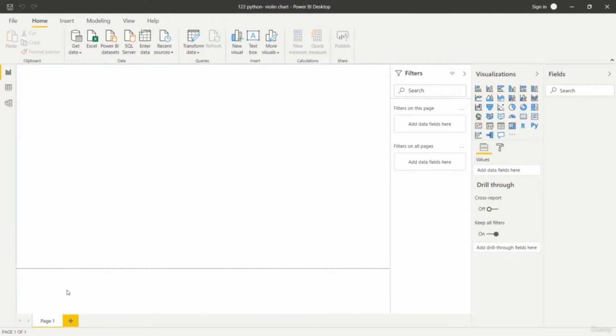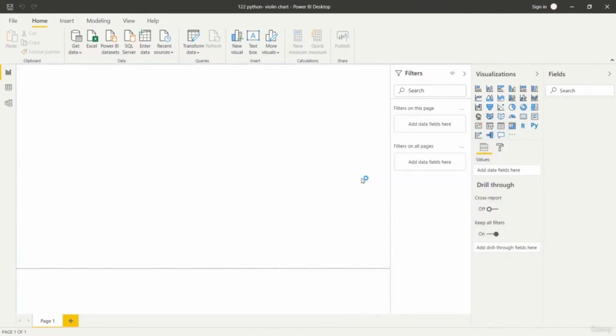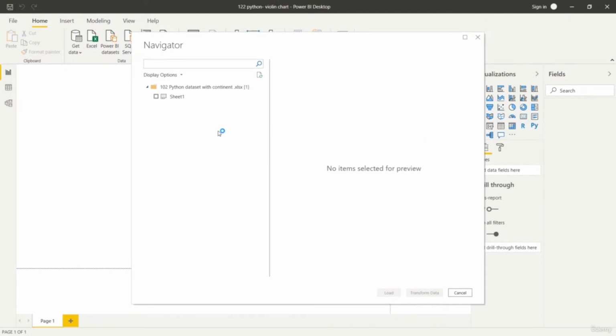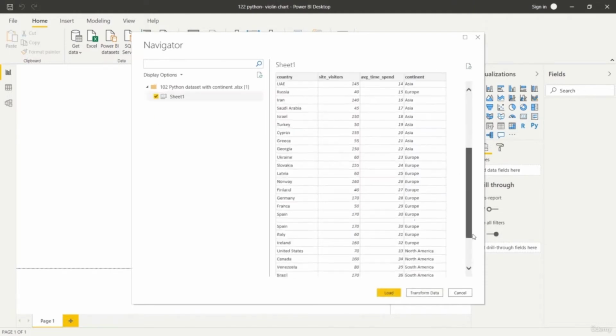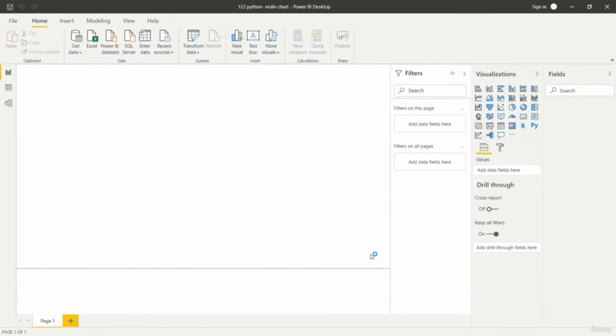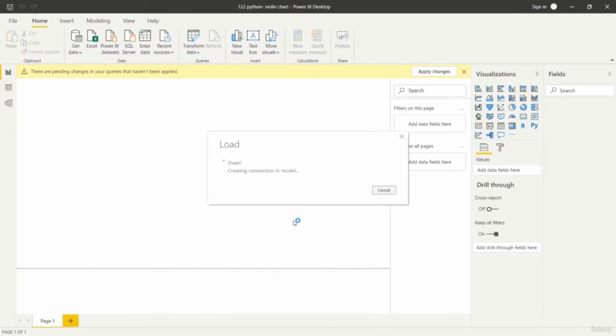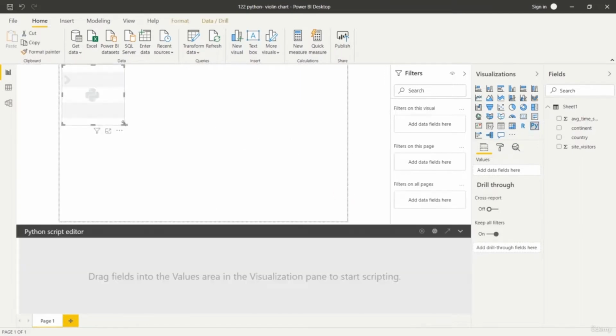Here in this lesson you're going to learn about creating a violin chart in Python and Power BI. So let's start with this. So first let us import a data set and just select a data set. Here we got a data set with 4 different columns and fields, and hit the load button to get it loaded. Next we are going to create a Python visualization where we'll write some code for matplotlib and seaborn